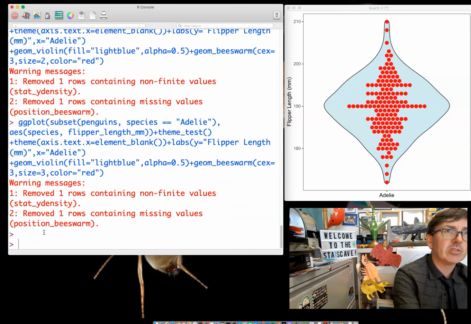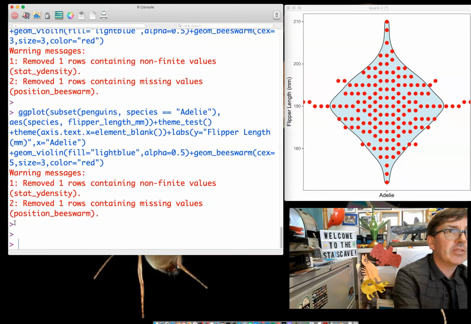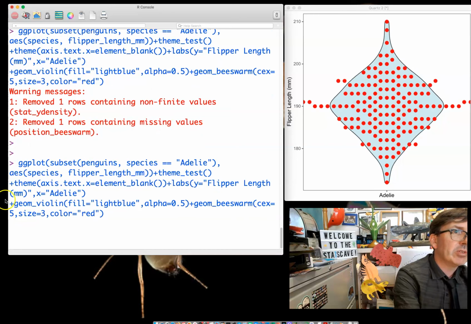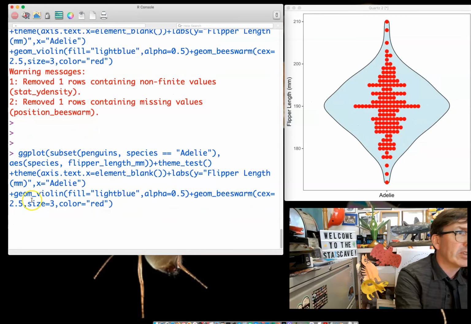And so again, you can play around with this. Here's what happens if I make these 3. What happens if I make this 5? You can play around with something that looks appealing to you for what things look like. So again, find something that you like,